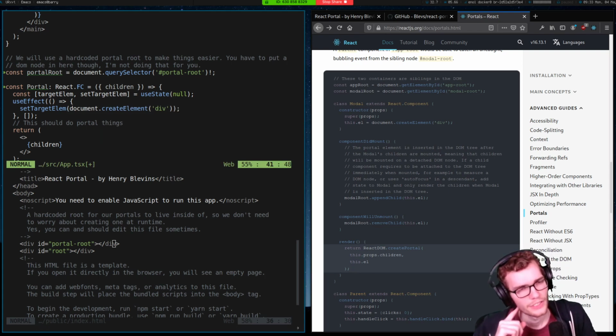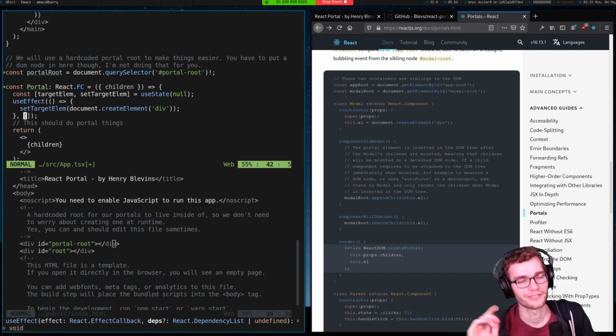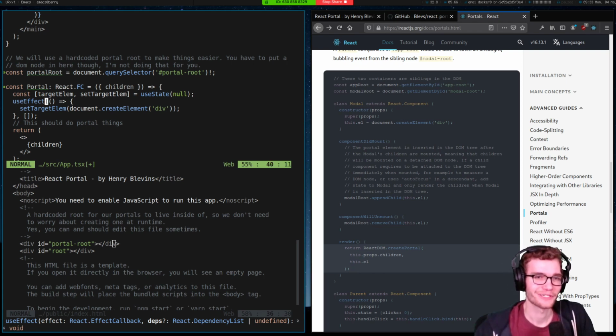However, this is going to mean on its first go around, target element is not going to be defined, so we can't actually get down to rendering portals, otherwise things will break. And this is also going to trigger another re-render. Instead, I'm going to show you a hack. I'm not going to call it a trick. I'm not going to call it good, but I'm going to show you a hack, because what some of you might be thinking is that this code